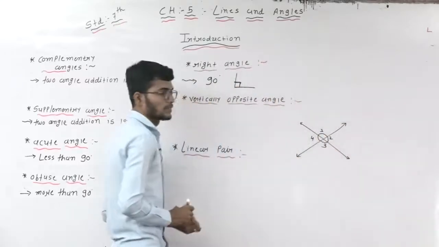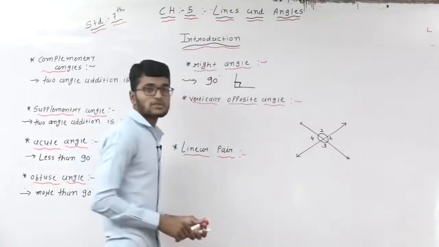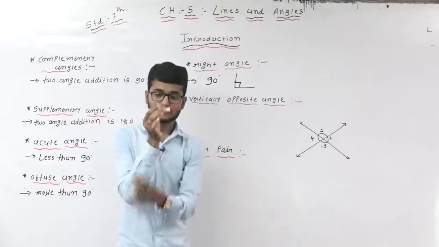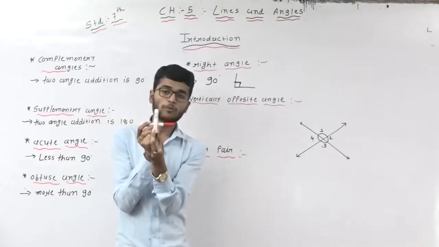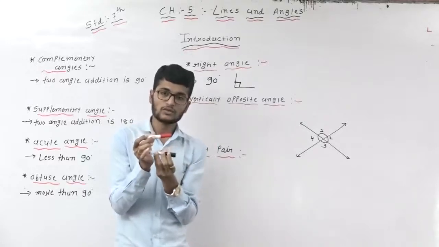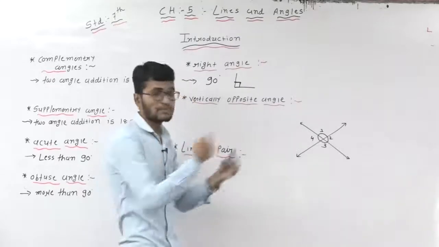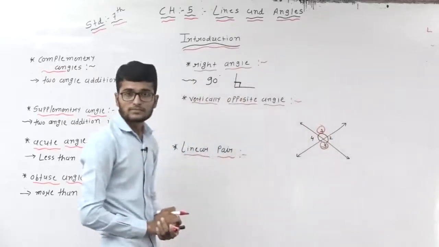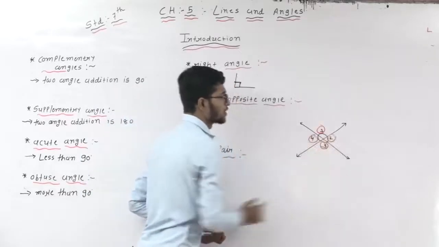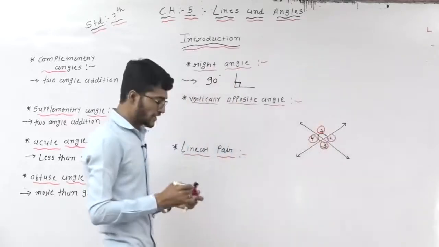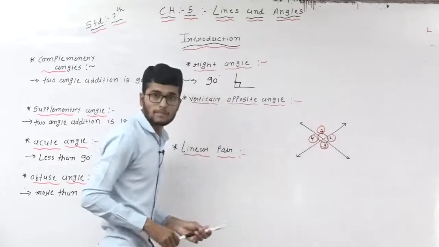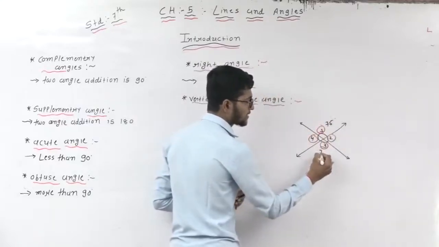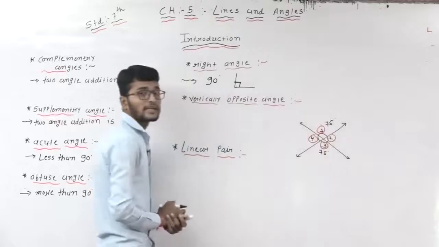These four angles, right? So vertically opposite angles. Opposite means this one and this one, these two are opposites. Here this marker and this marker, these two are also opposites. Okay, this one and this one is not opposite. Opposite means in front of each other. So 1 and 3 are called opposite angles. Same for 2 and 4, they are called opposite angles. And dear students, vertically opposite angles are same. Suppose angle 1's measurement is equal to 75. So angle 3's measurement is also 75.